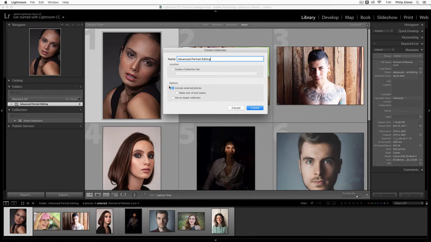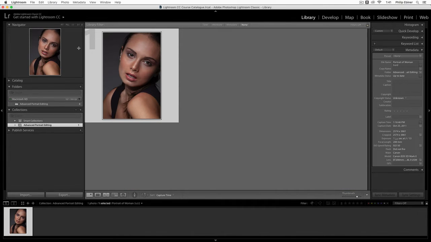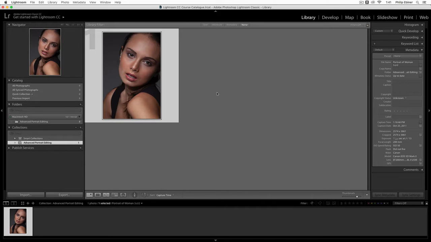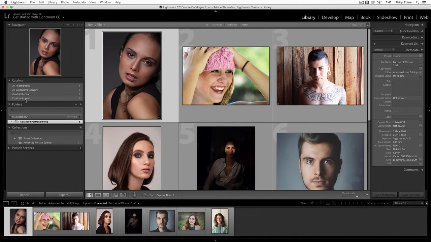One thing to note though, you see that it says include selected photos. If you have photos selected in your library, it will add them to this collection that we create. I only have one photo selected, and so if I click create, what happens is now this new folder basically that appears here only has that one photo. So how do I go back to that folder that has all 8 of those previous photos? I can either click right here in the folders or go to previous import, and you can see all of them.